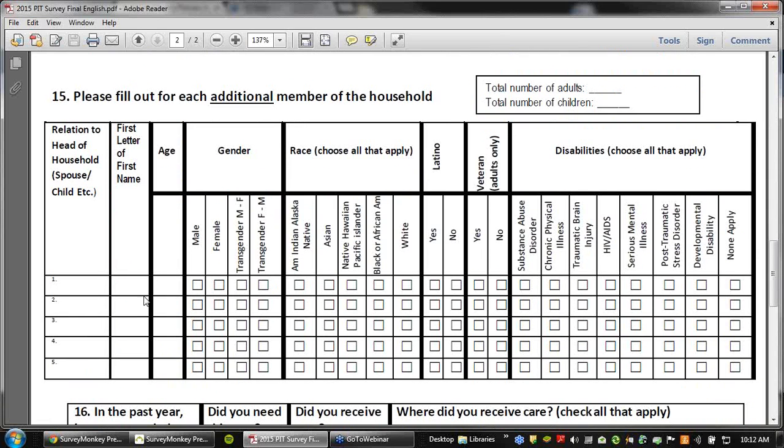If this big table right here is blank, you would hit no. And then we also want you to fill this out. So this would be the total number of adults and then the total number of children. If it's just the one person taking the survey, you would just put 1 right here. But if there are other adults in the survey, then you just add everyone up and put that there.